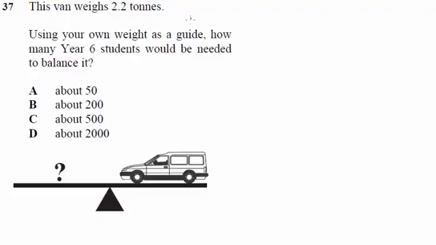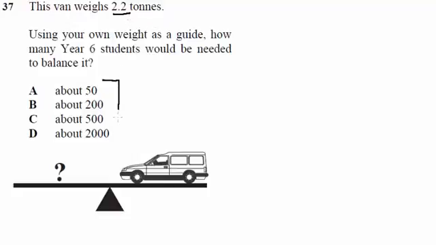Hey guys, this is question 37 and it's asking, this van weighs 2.2 tonnes. Using your own weight as a guide, how many Year 6 students would be needed to balance it? Now there's two ways to do this question. Either you can divide 2.2 tonnes by your own weight and find out how many students would be needed, or